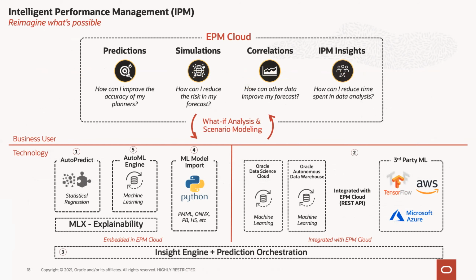But if you've seen us present in the past, this is the slide we use to talk about our vision for IPM, or Intelligent Performance Management, which are really all our investments in these emerging technologies like pattern detection, like predictions using data science, like machine learning or regression algorithms, and so forth. If you haven't seen this slide presented, I'll just quickly summarize it. What we're trying to do is democratize data science, democratize these new emerging technologies, so finance users and operational users around the business don't have to be a data scientist to use them.